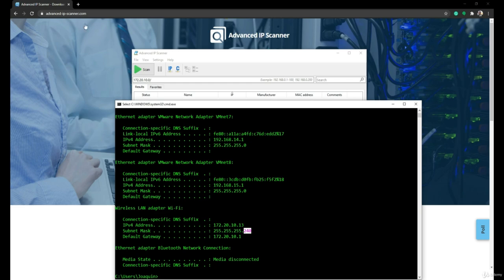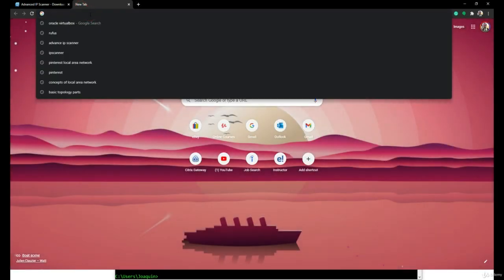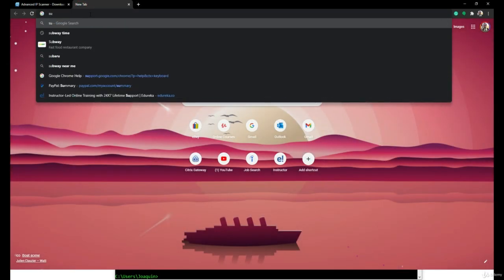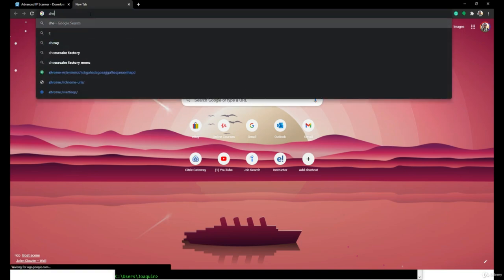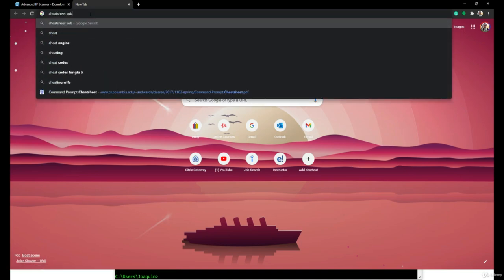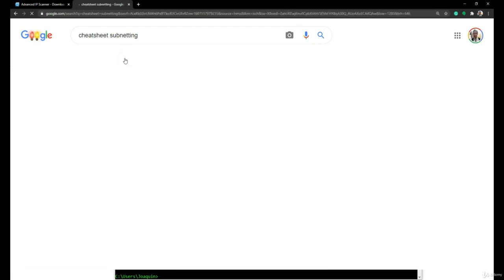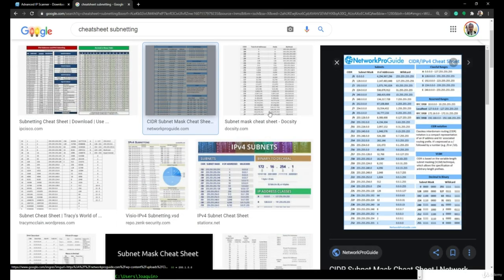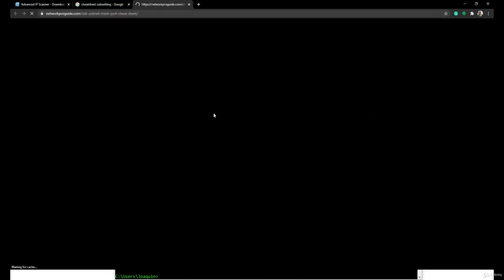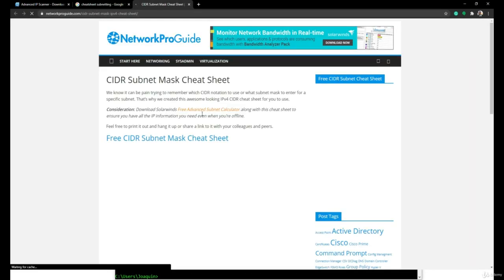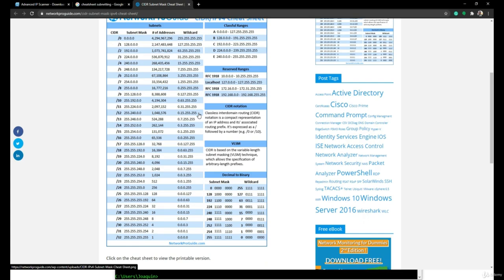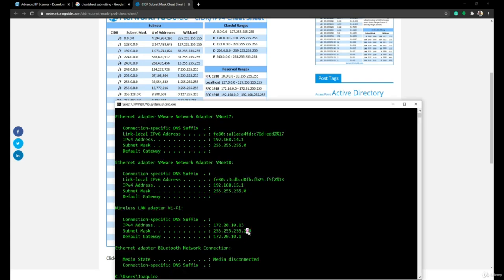Let's find out. Let's go to Google and search for subnetting cheat sheet. And then here, we're going to find this beautiful table that I enjoyed reading. So you saw that my mask is a 240 address. That means that my main network, my main subnet,